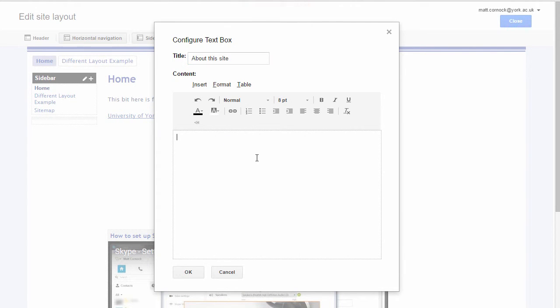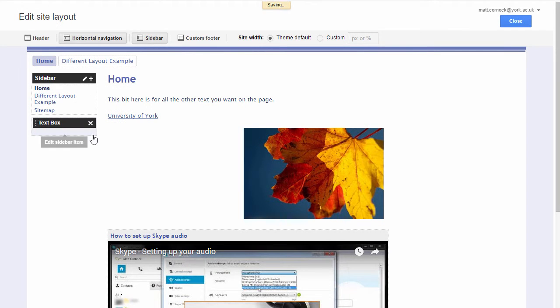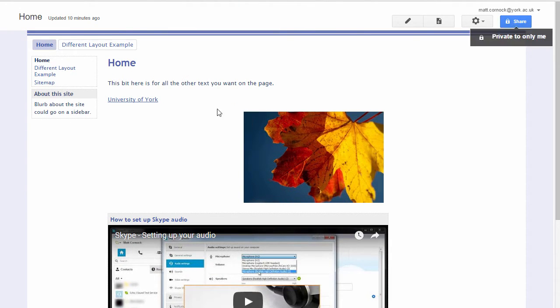So you can put a bit of about blurb on the side. And just like all the other options, you've got linking there. You can change the font style and click OK, and that will save that text that I've now added. So that's going to be on the sidebar. And you can also drop in a custom footer as well, and that will appear in the space at the bottom of the page. So I'm just going to close now the Edit Site Layout options,